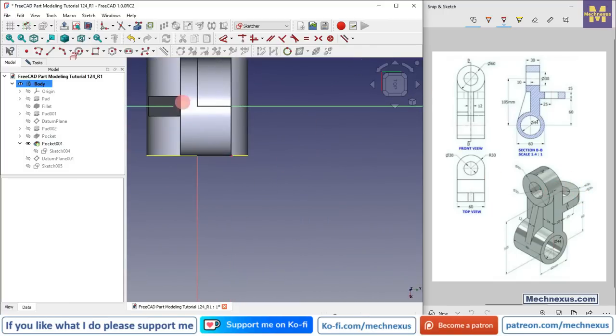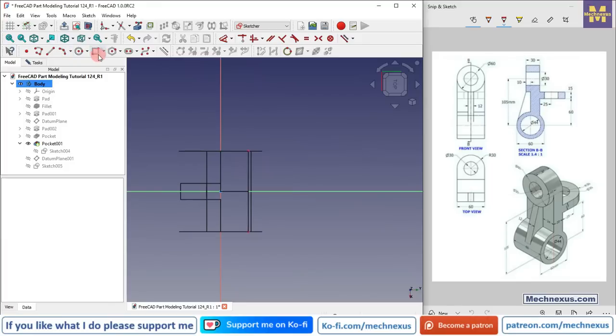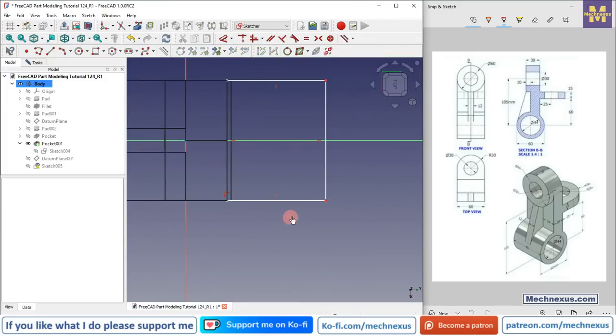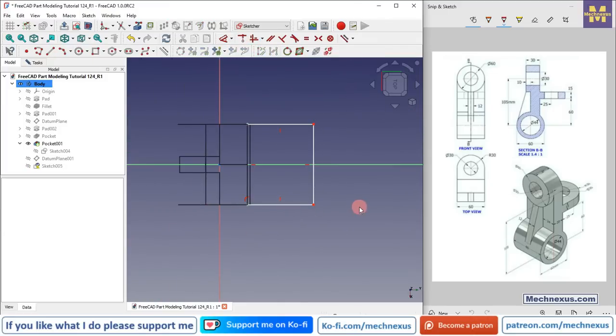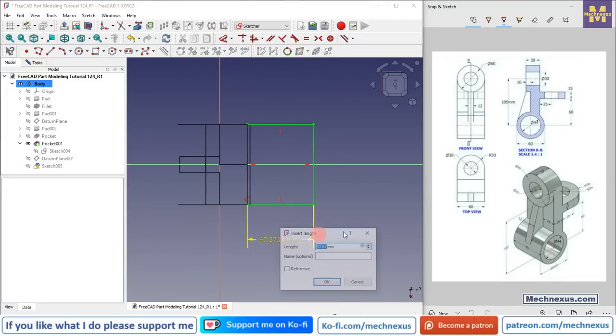So switch to the top view, switch to the wireframe, select the rectangle, select the line and this point and make it coincidence, select this line and add a dimension of 55 mm,